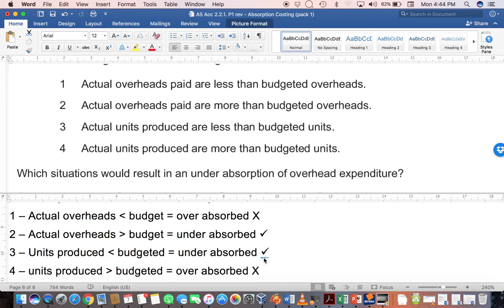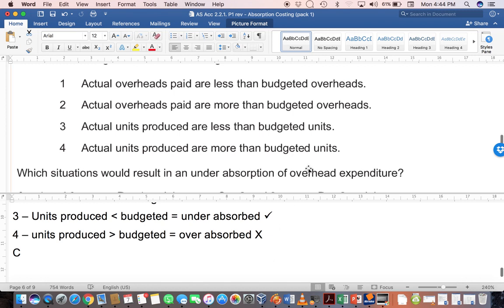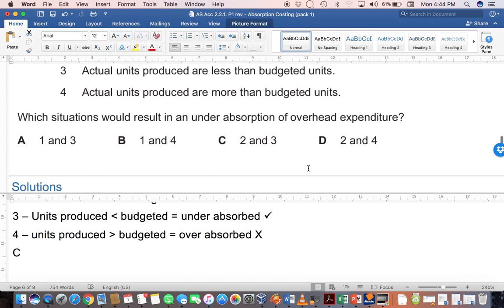Number four, if the units produced are higher than budgeted, you would be over-absorbed. So now if we have a look over here at the answers, you can see that both 2 and 3 give us situations where the overheads are under-absorbed. And so therefore we want an